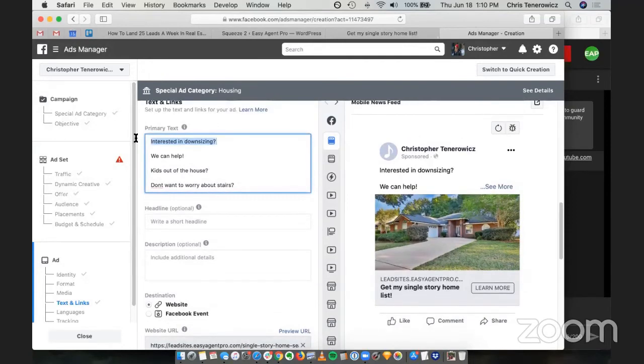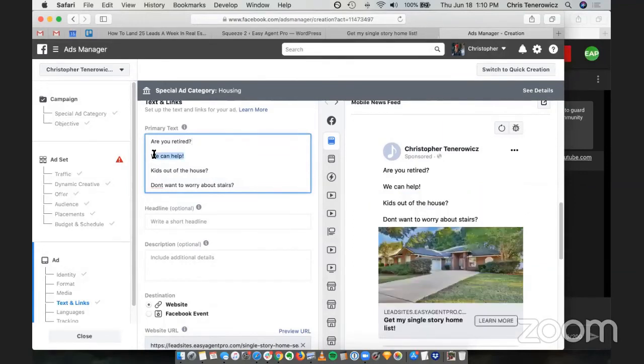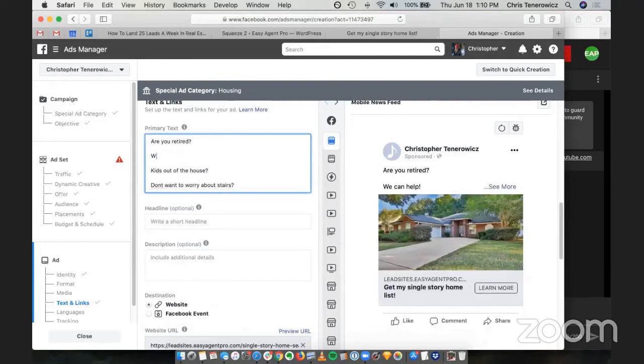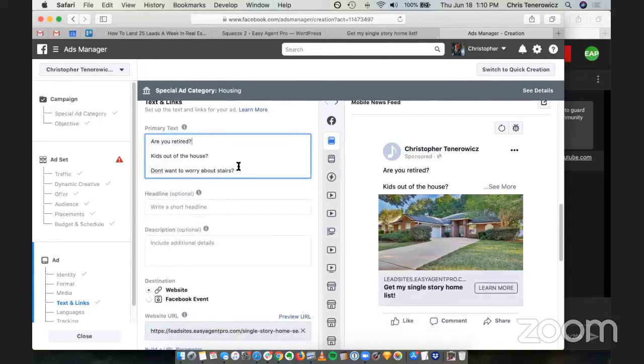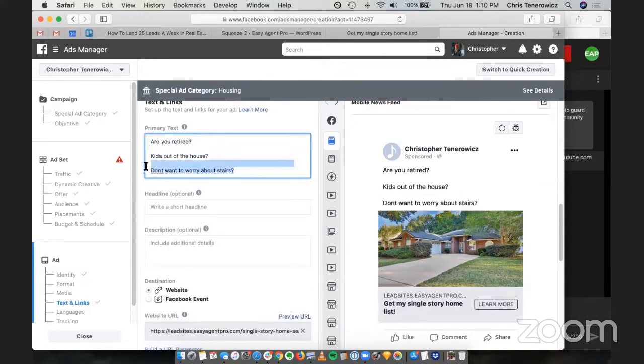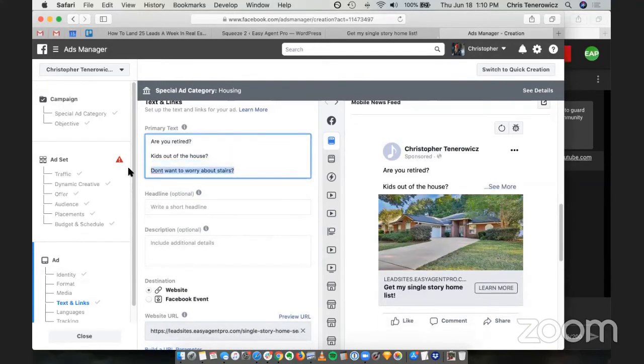So the way that we're going to do this, though, is we're going to say, are you retired? And then underneath that, we're going to put kids out of the house. And then under here, need a more manageable home.